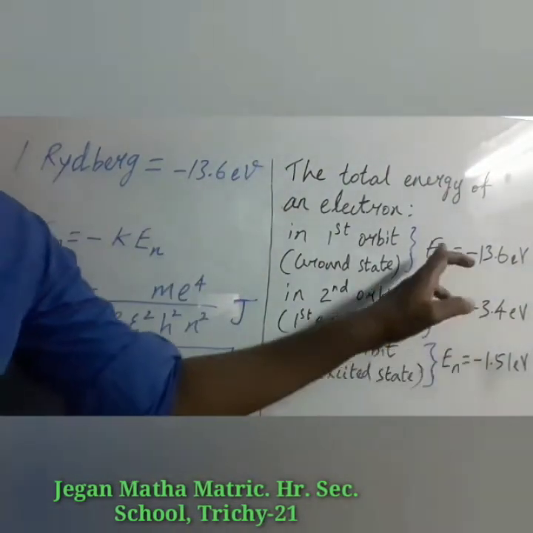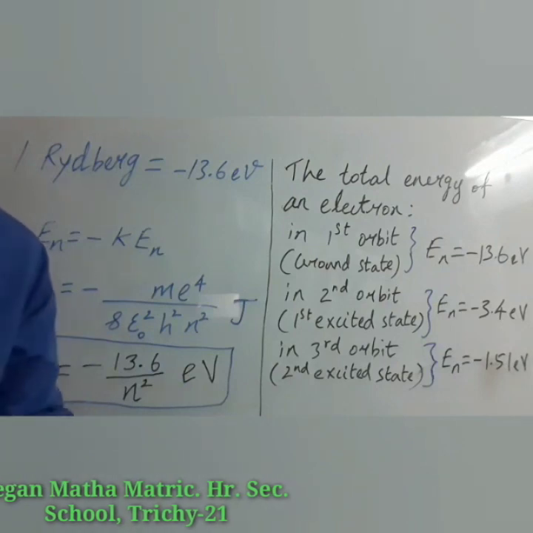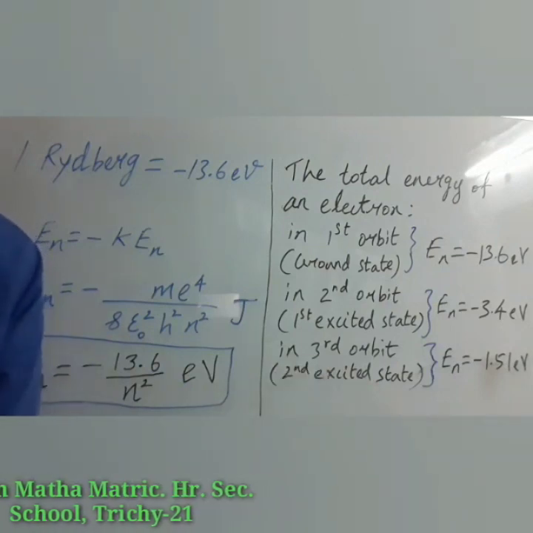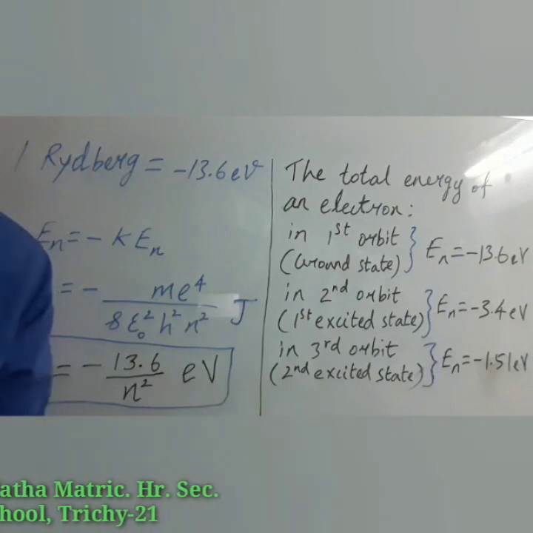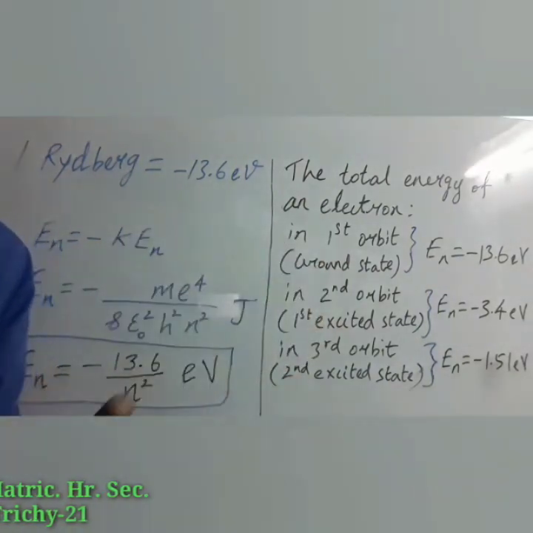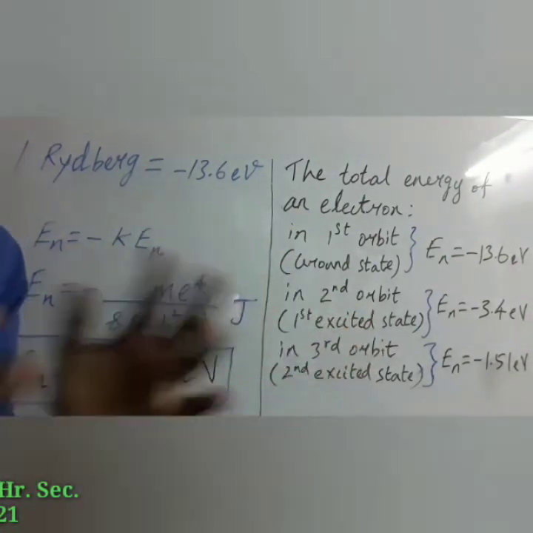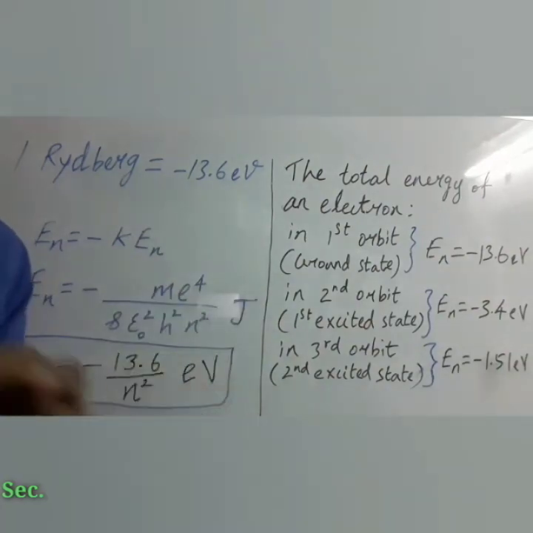The negative value of this energy is because of the way the zero of the potential energy is defined. When the electron is taken away to an infinite distance, that means a very far distance from the nucleus, both the potential energy and the kinetic energy terms vanish, and hence the total energy also vanishes.